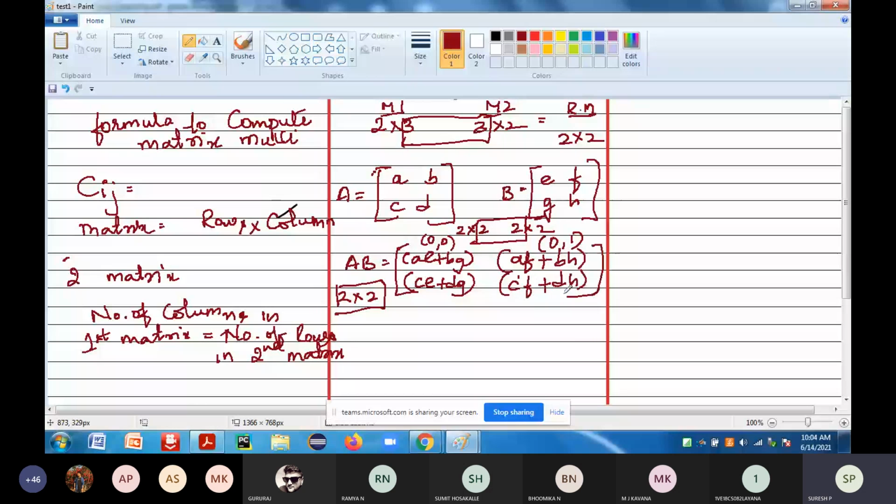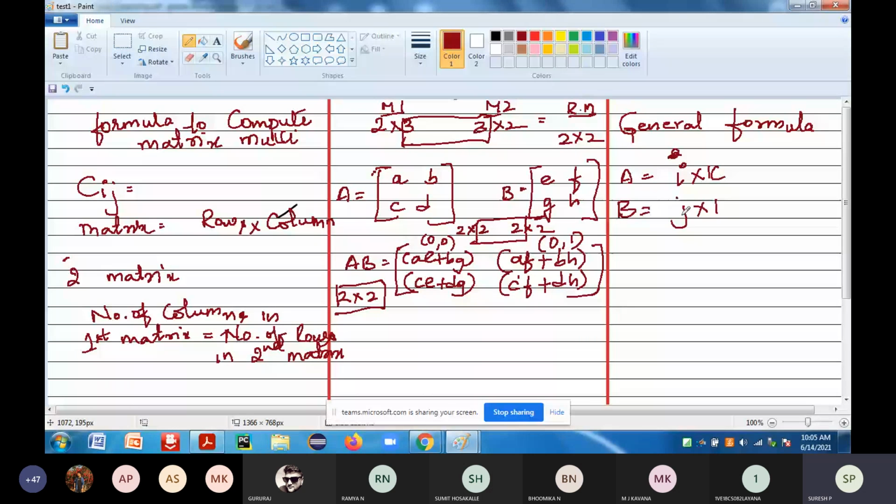Now, when we talk about the general formula for matrix multiplication, assume that I have the matrix A of size i comma k, and the matrix B which will have size k comma j.